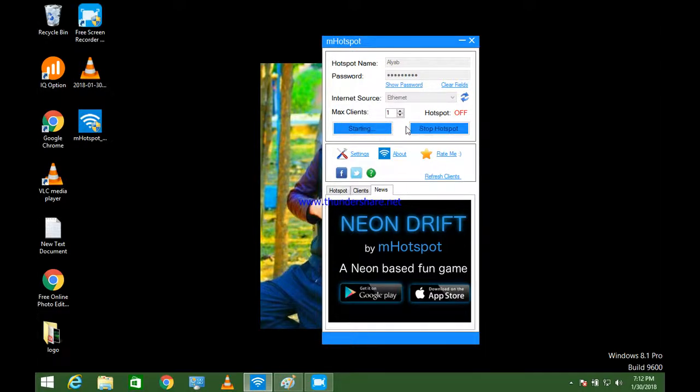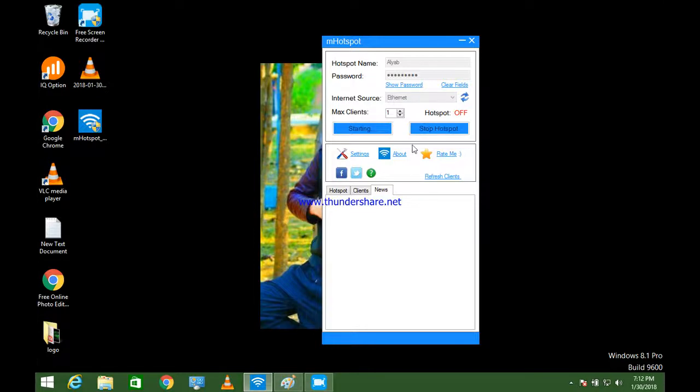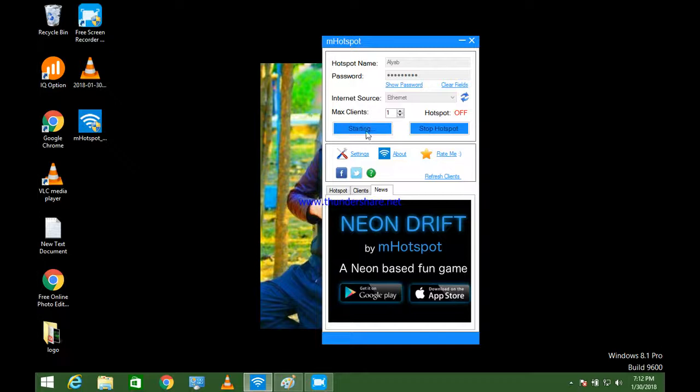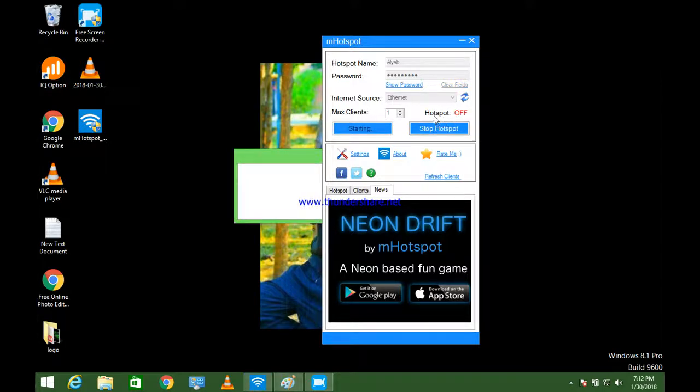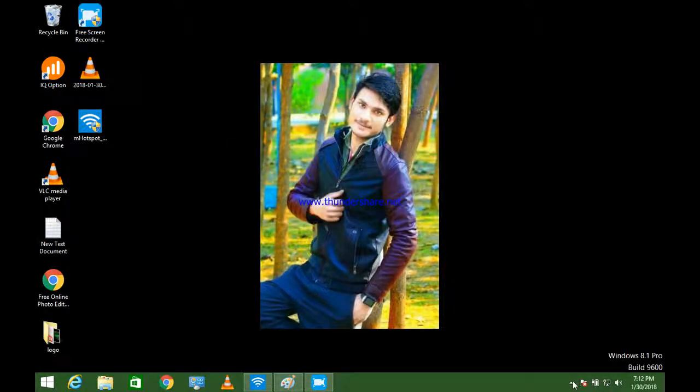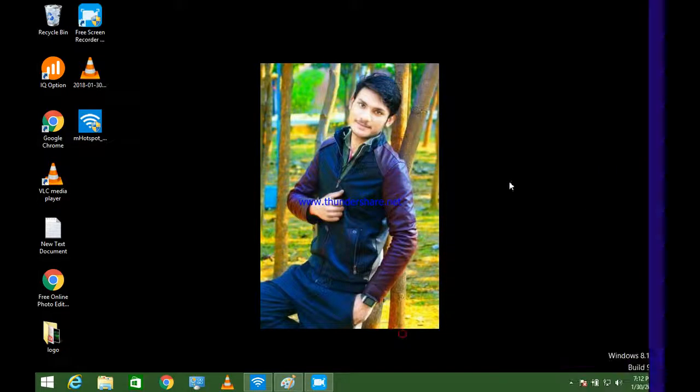Click on the start button. It is starting. Okay, when it starts, you will see it shown. Okay, look at there, it is written hotspot on. Okay, so now you need to go to your other computer or your mobile device and then check your Wi-Fi hotspot. Okay, so after that